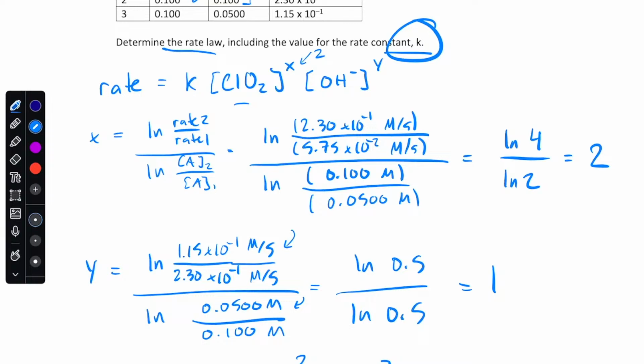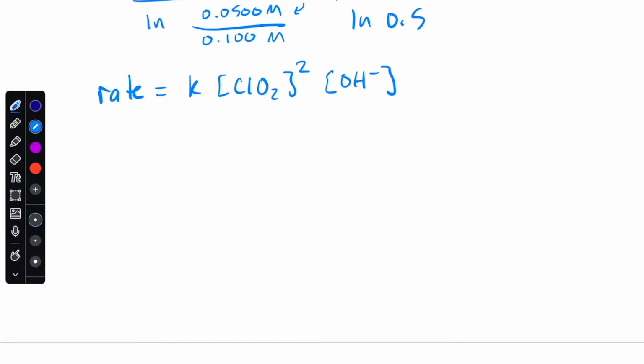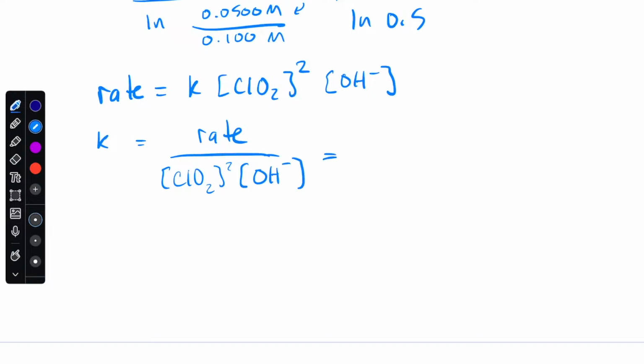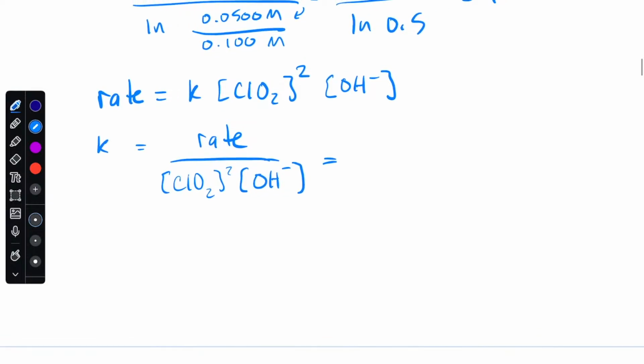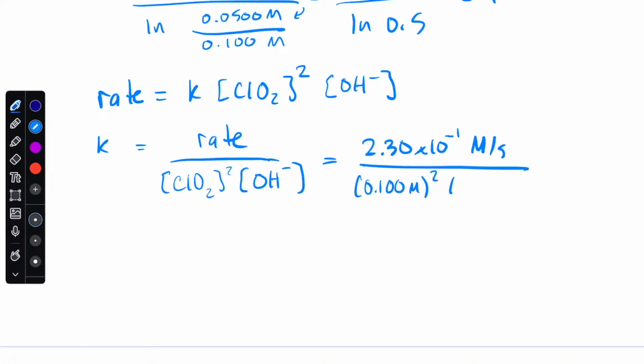I'm going to pick 2 only because when I look at those concentrations, they're both 0.1, so it looks like the calculation might be a little bit easier for us to do. But it doesn't super matter. k is what we're trying to solve for, so that's going to be equal to the rate divided by ClO2 squared times hydroxide, like that. And the data from experiment 2 from the table: 2.30 times 10 to the minus 1 molarity per second, divided by 0.100 molar squared, times 0.100 molar. And this gives you a value of